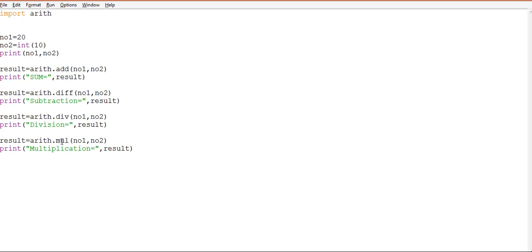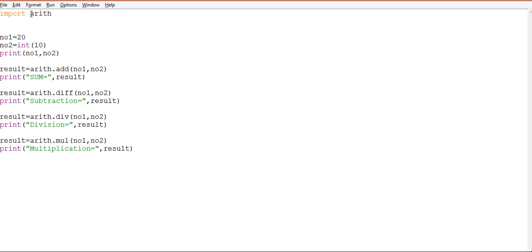Now where is it? It is in the earth module. Again difference is in the earth module, and add is in the earth module, and we have included the earth module in our program.